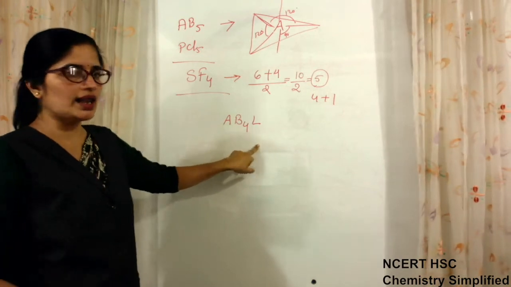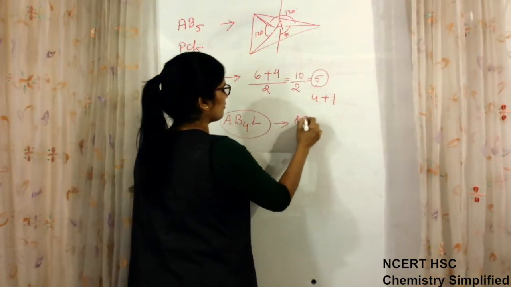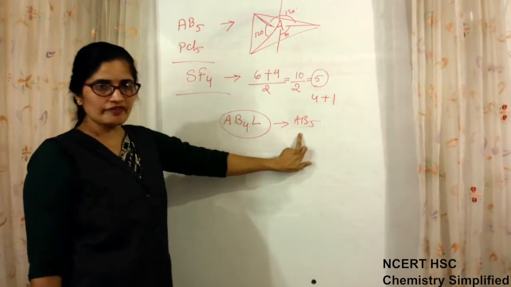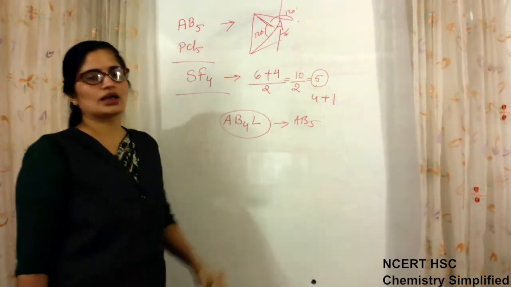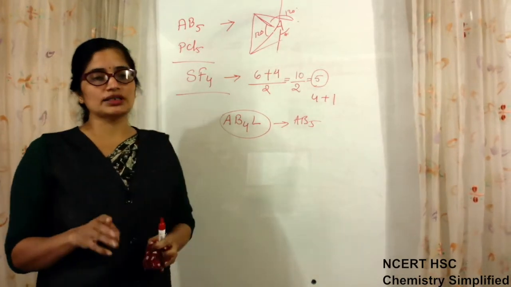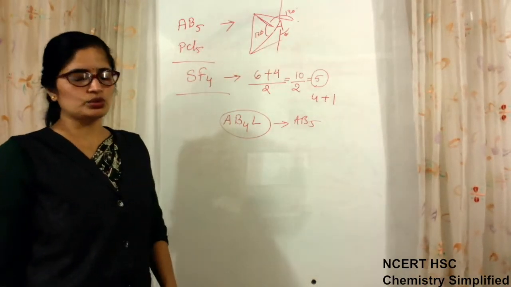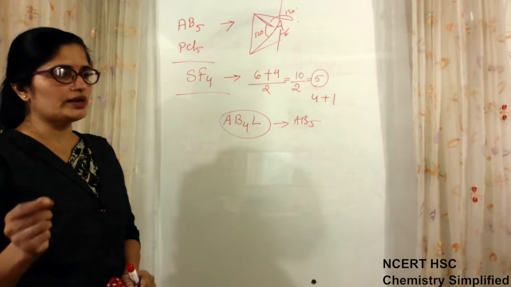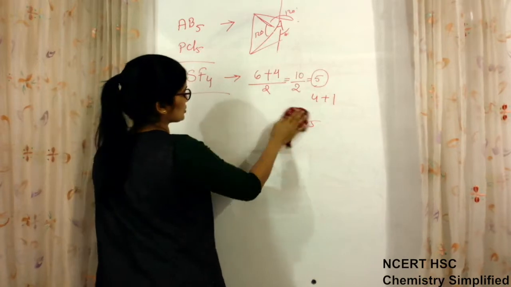Once you know it is AB4L, now what you have to do? You have to compare it with its original, that is AB5. If it had been AB5, it had been like this, but it is not AB5, it is AB4L. So one bond you have to replace by lone pair and the geometry will become seesaw. Clear? So this way only you will move, but for this very important thing is this, that all regular geometries will be very clear to you, and as you write the name of the molecule AB5, the geometry should be instantly in your mind that this molecule will have. Then only you can go to the distorted ones.